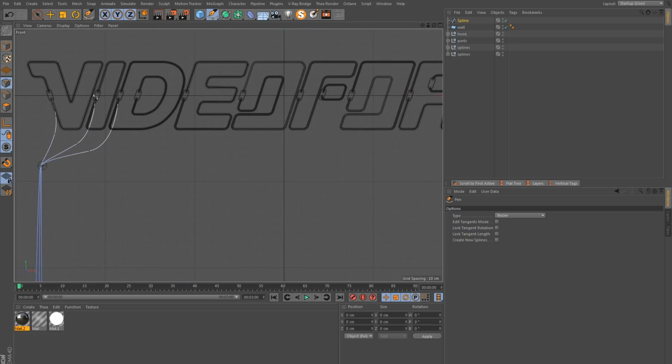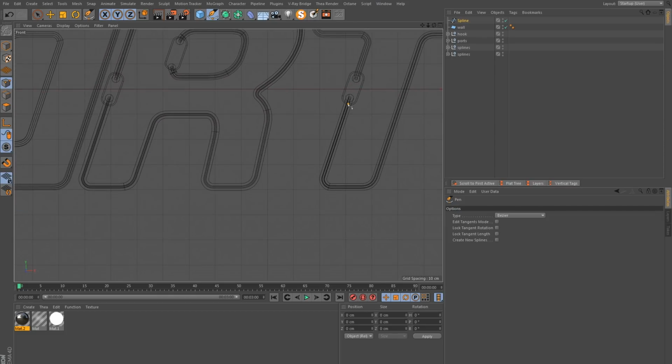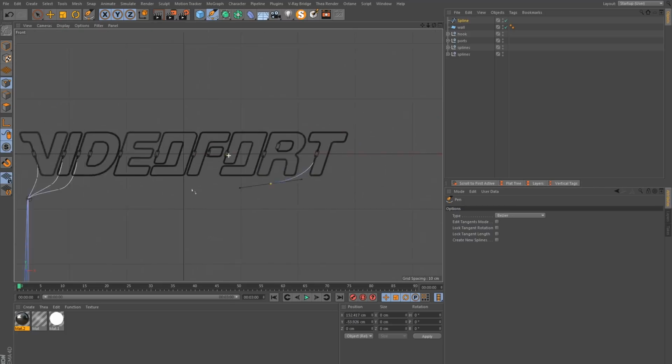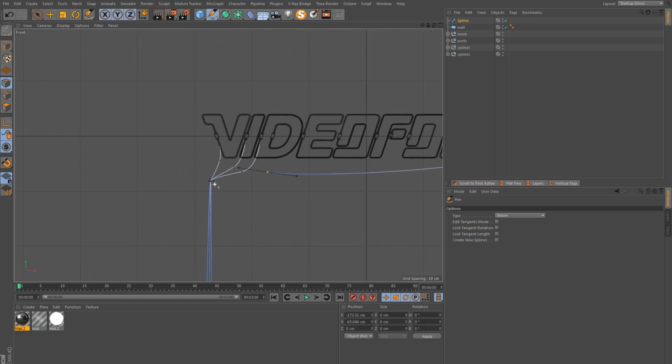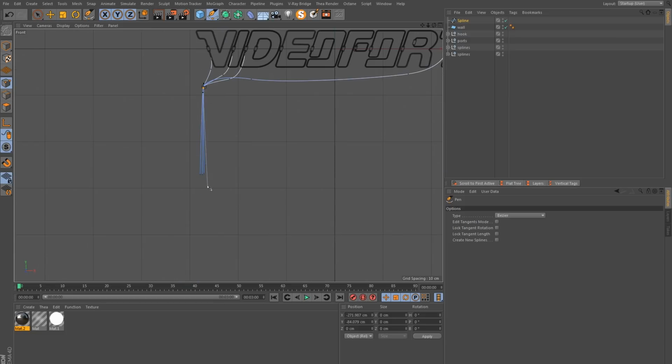And I will skip most of these and just go to one of the end ones, because this will need to be a much longer spline. And don't worry if you can't get this to look natural and realistic. I'm going to show you another trick shortly which you might find really useful.